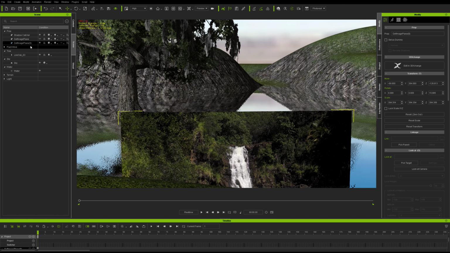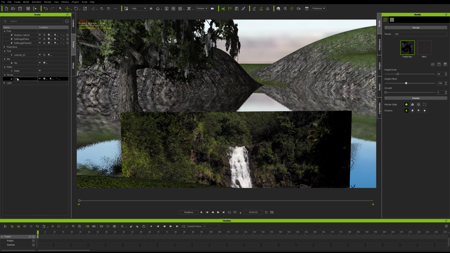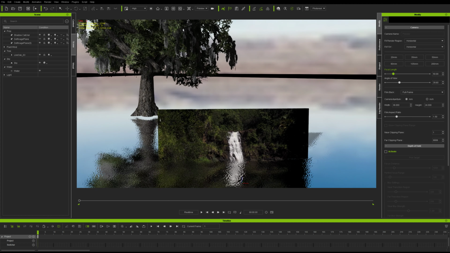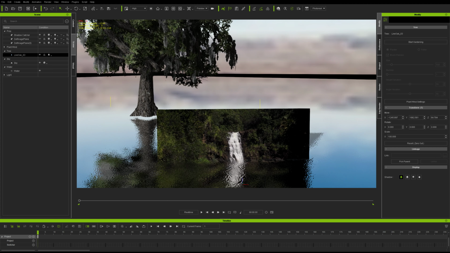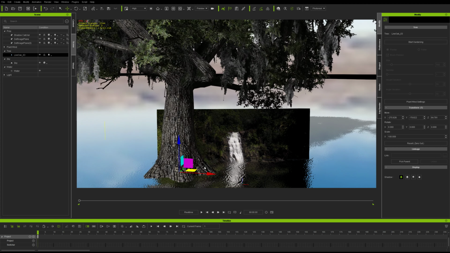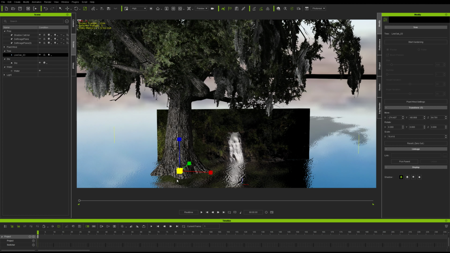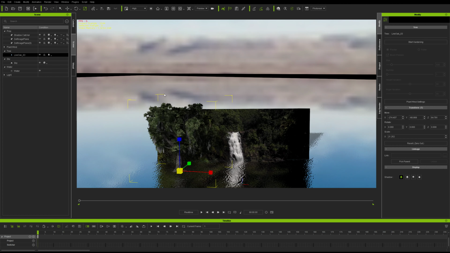Let's turn off the drain. It's just get rid of it. That way there's no depth problems. This tree is huge. Luckily for me, I can shrink it down. So I have a tree now. All I have to do